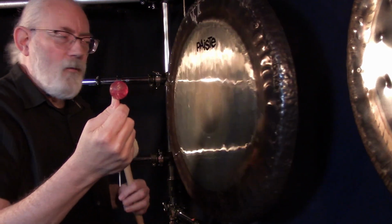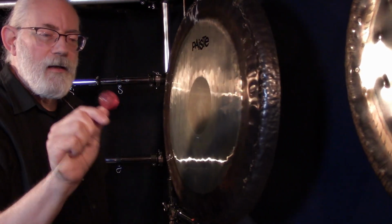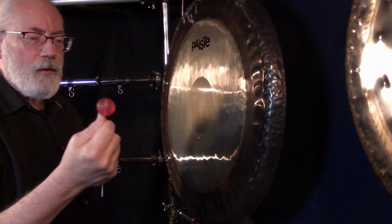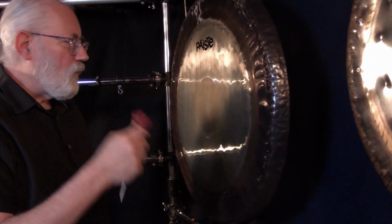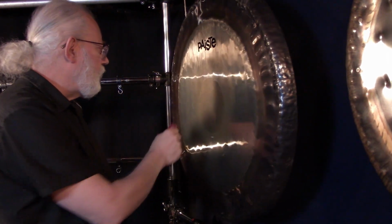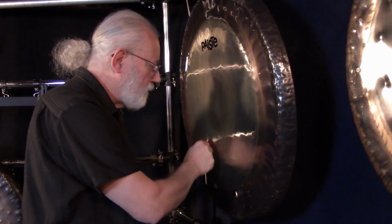And now I'm up all the way, and because the gong's moving, this works much better. Where trying to get the gong going, it just wasn't happening. But now, because the gong is moving, vibrating,